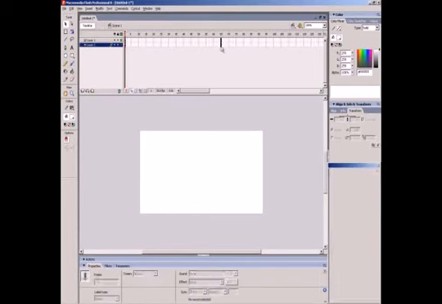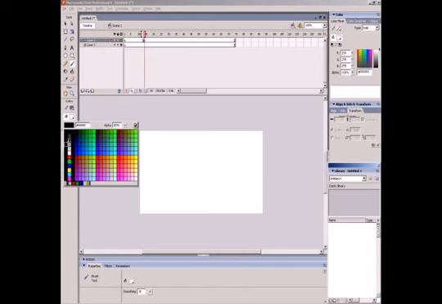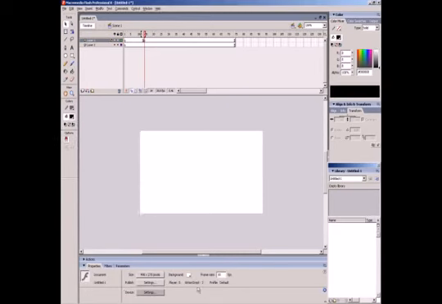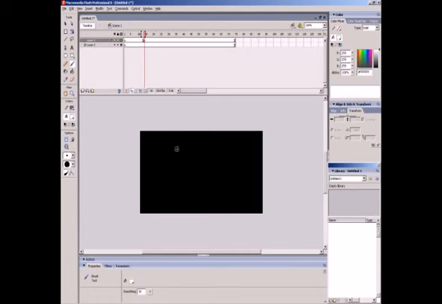Today we're going to be doing a tutorial on lightning. First of all, I'd like to say that lightning is a weird element or physics. Let's make this whole background black because lightning is a light source, so white on white wouldn't really be visible. So yeah, lightning is a really weird